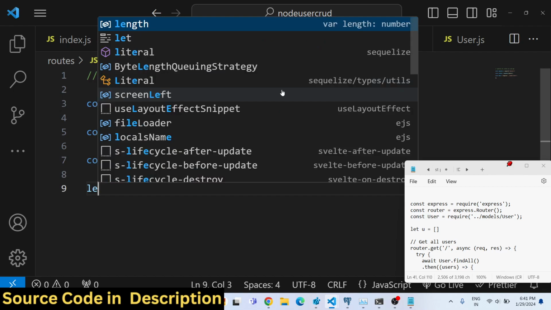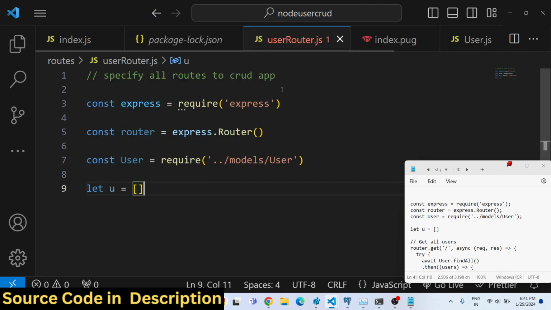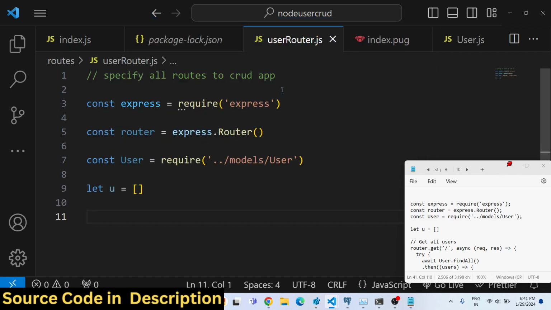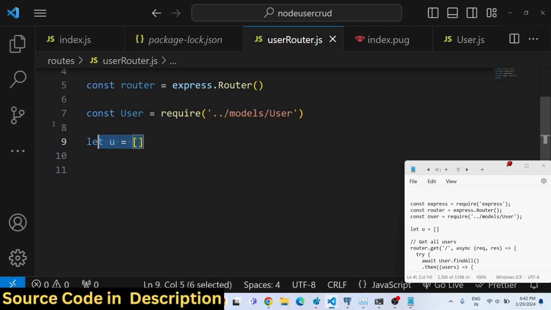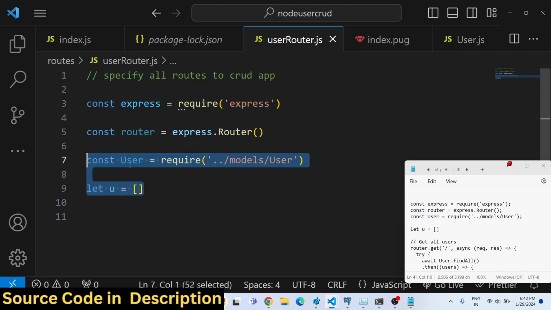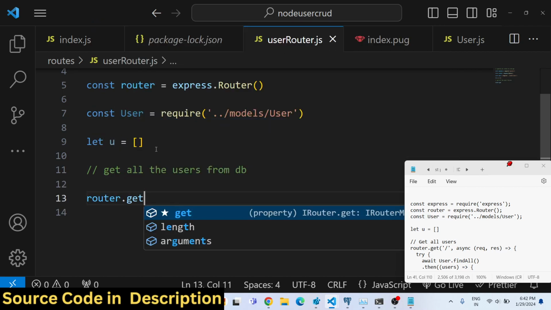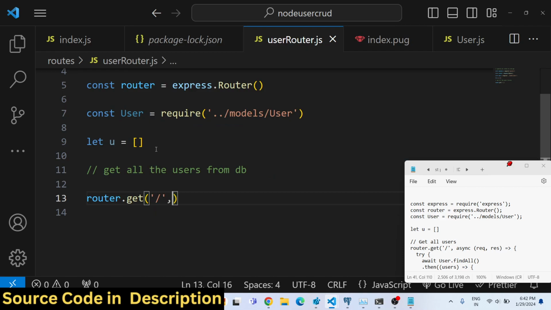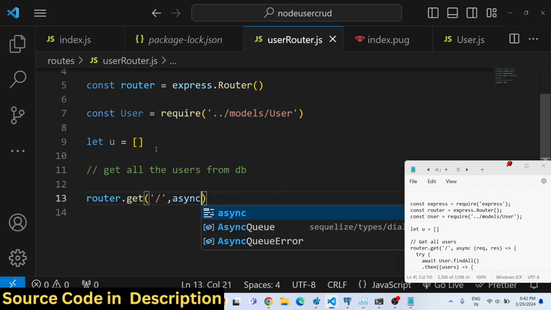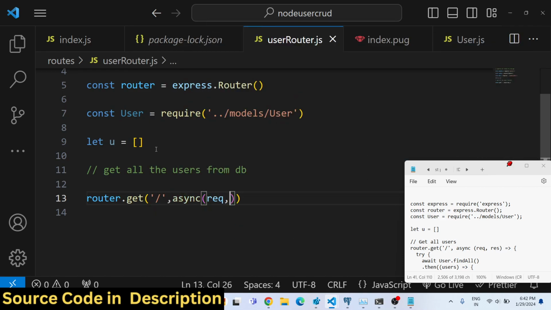This is necessary, and we will declare a variable u which will be an empty array. For now we will be storing all the users which are present in the database inside this variable. Currently it is empty, and now we will have a request for getting all the users from db. We will assign this router.get and slash. So whenever someone goes to the home page of the application, we will display all the users in the table